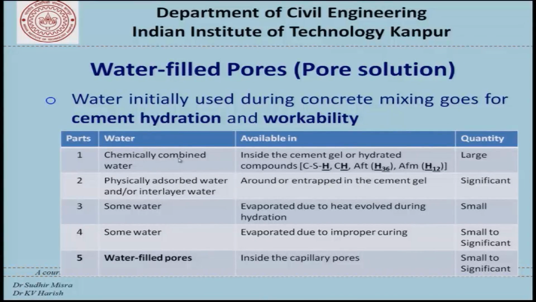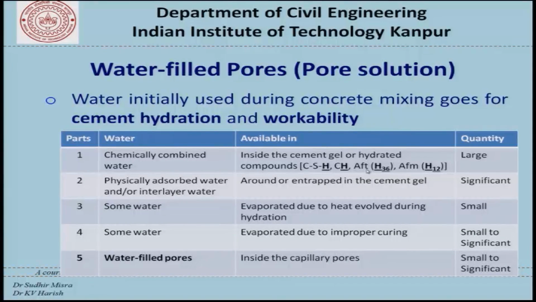Now, what is chemically combined water? In simple terms, it is water that is inside the cement gel or hydrated compounds, and largely this water is equal to the water that you have in the chemical structure of calcium silicate hydrate gel, the chemical structure of calcium hydroxide,